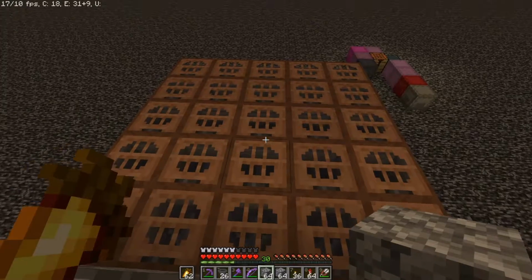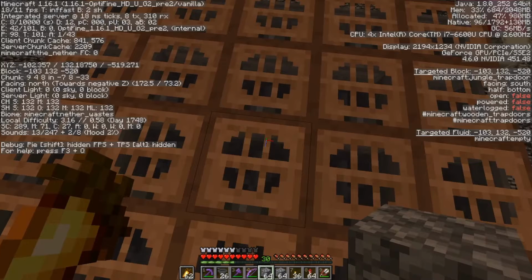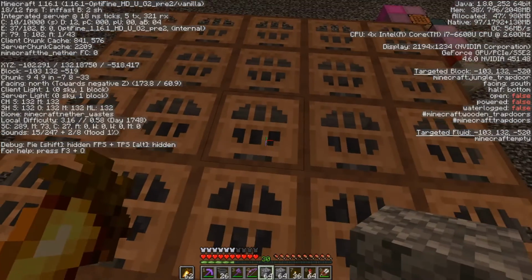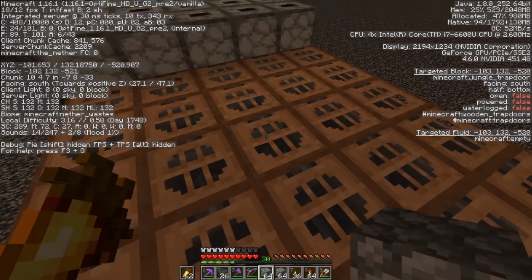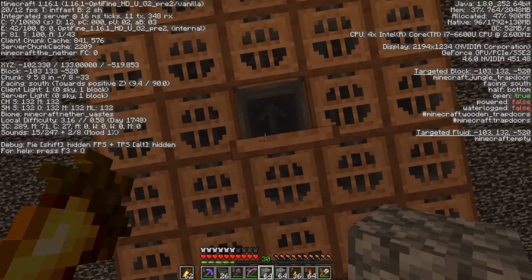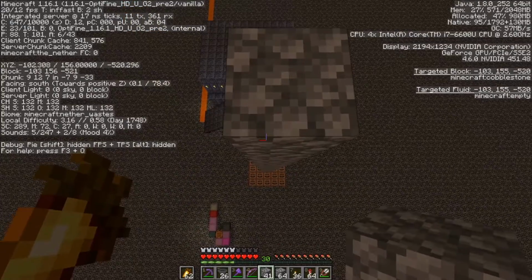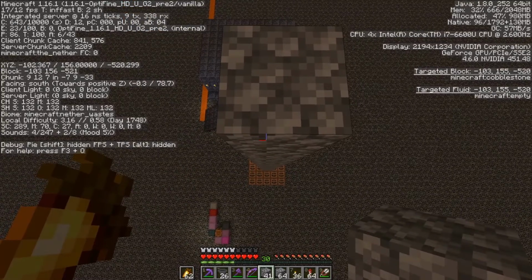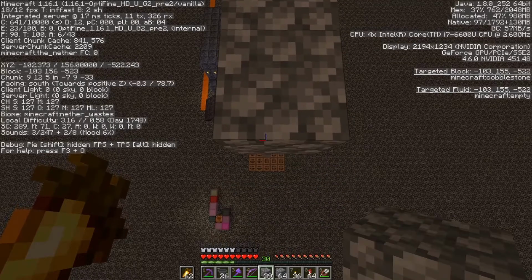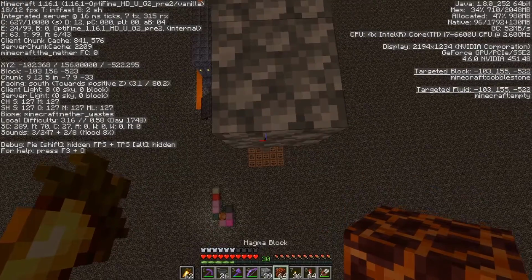Okay, here is the killing floor, and we're at Y coordinate 132, and we have to build up 24 blocks to 156, where we're going to put the first spawning floor. Now up here, we're going to go out 2 blocks, and now we can start putting magma blocks out. We need to go out